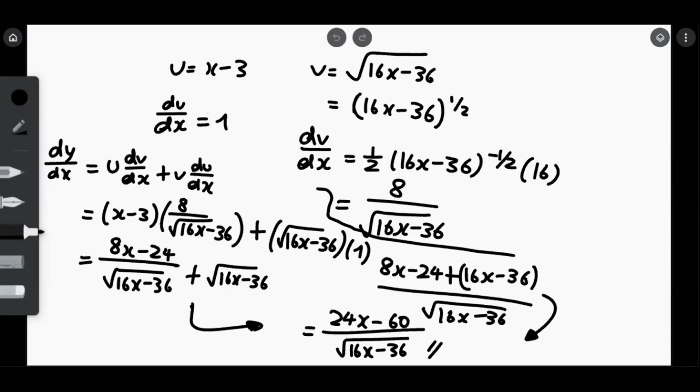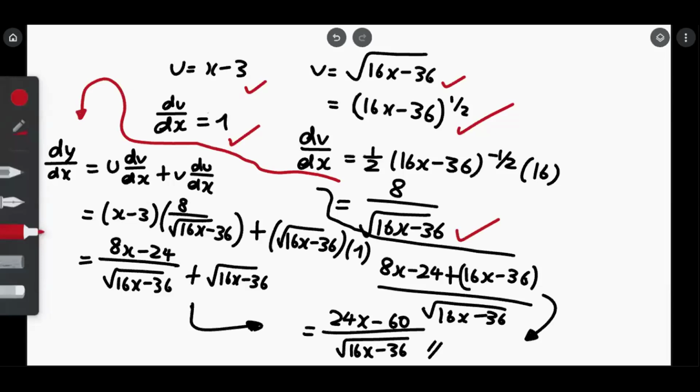that at least firstly, I need to see you getting your u as x minus 3, and your du/dx is 1, your v is this, which therefore you change to this, and therefore your final dv/dx is 8 over root 16x minus 36. Alright, which therefore from here you actually shift to this equation,